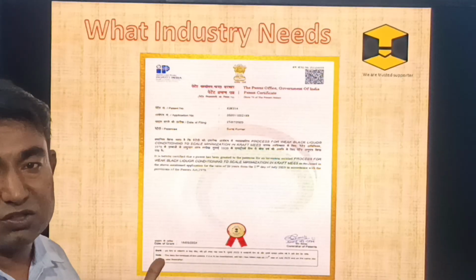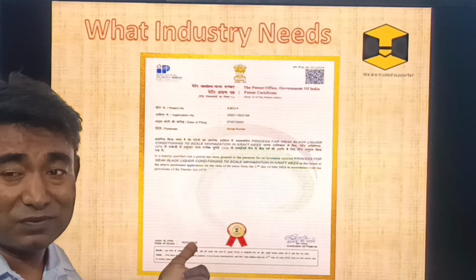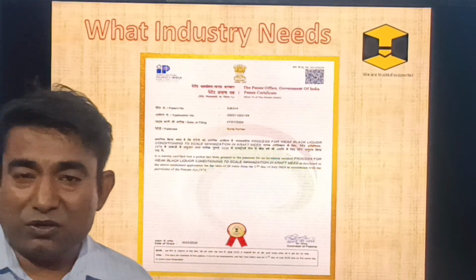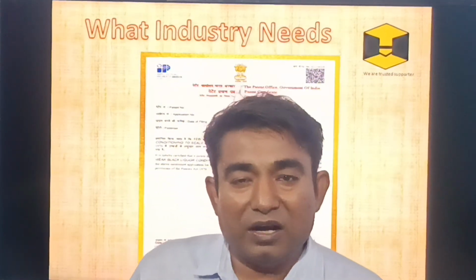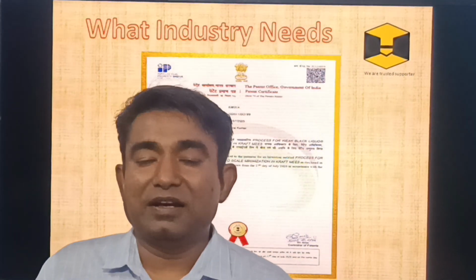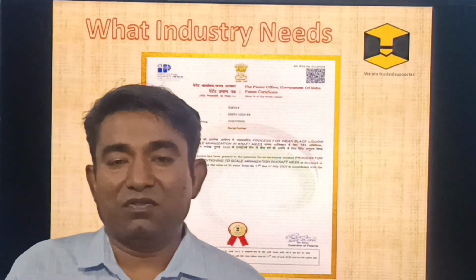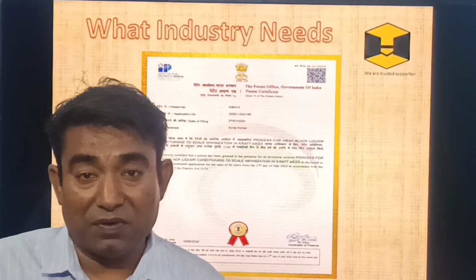So what does industry actually need? There is a patent process, as said earlier. First of all, you cannot produce very good quality pulp without very good quality raw material. Definitely, India is a fiber deficient industry, and whatever fibers are available, we have to treat them so as to make the best out of them.